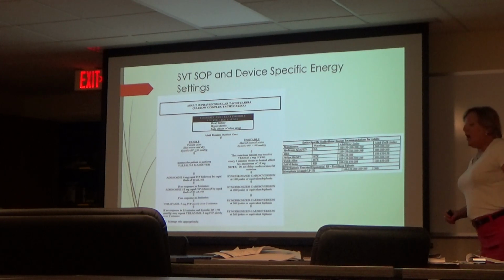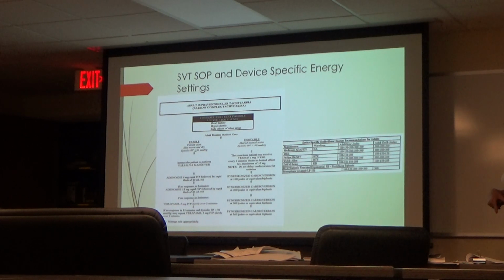If our patient is unstable, altered mental status, blood pressure less than 90 systolic, this is where we're going to cardiovert them. Remember, when you cardiovert, it is different than defibrillation because you're going to put that sync button on, and it's going to go ahead and